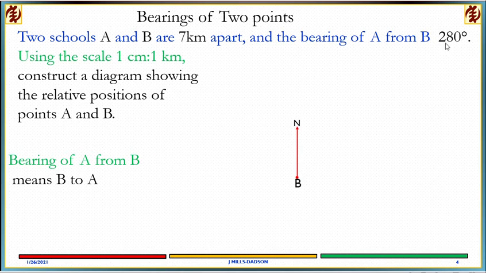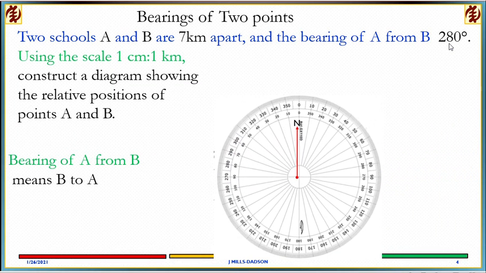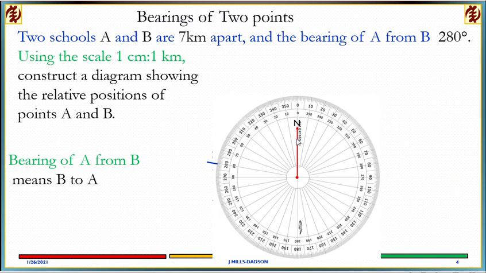Okay, so I'm going to measure 280 degrees. That's all the way from the north line. That's my 280. Now, I know the distance between them is 7 kilometers. So even though I'm going to make a straight line, I need to make the straight line 7 cm long,